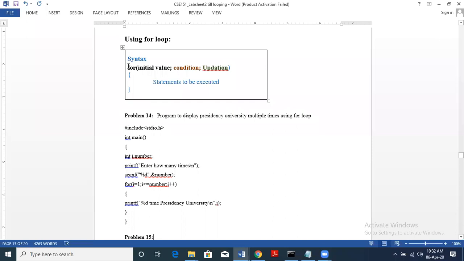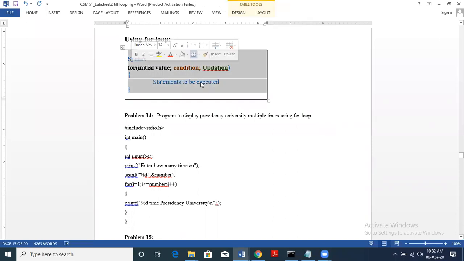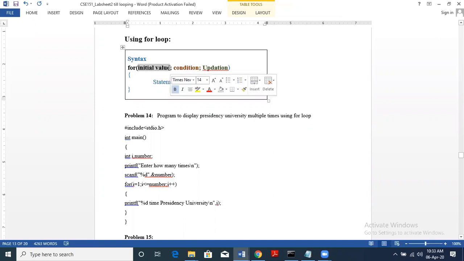When we write a for loop, this is the syntax. We write for, initialization, semicolon, then condition. After that we have a semicolon, and then we have updation. Initialization, condition, updation: these three parts remain in any type of loop.